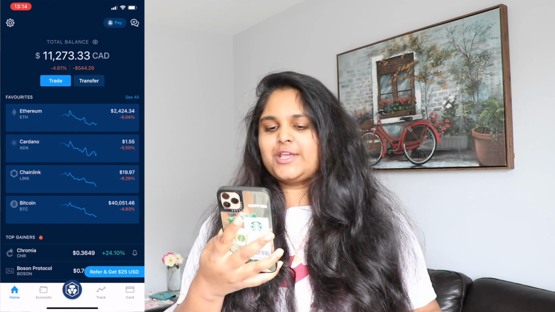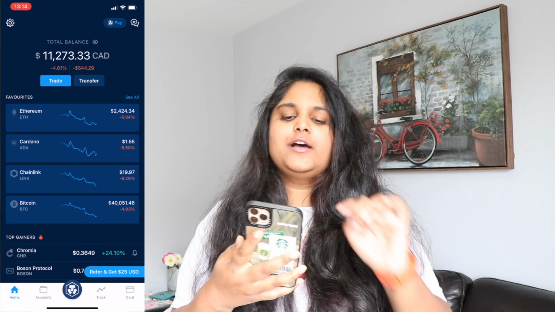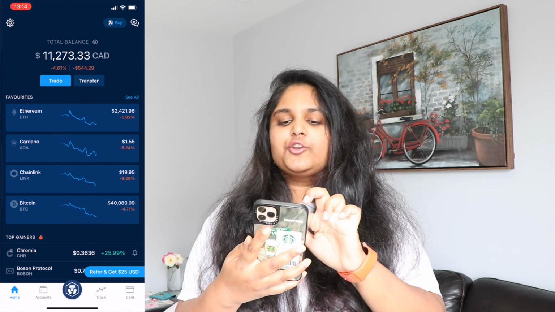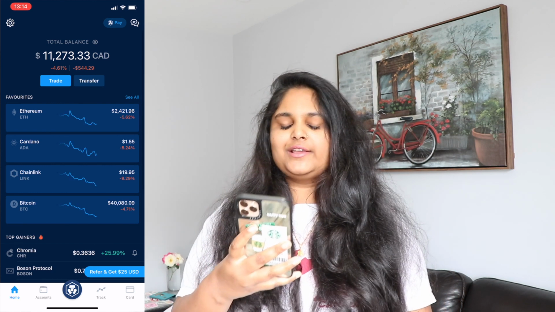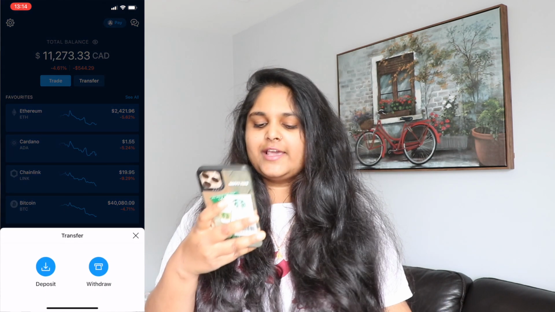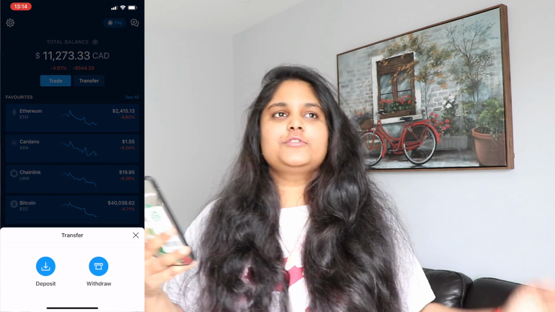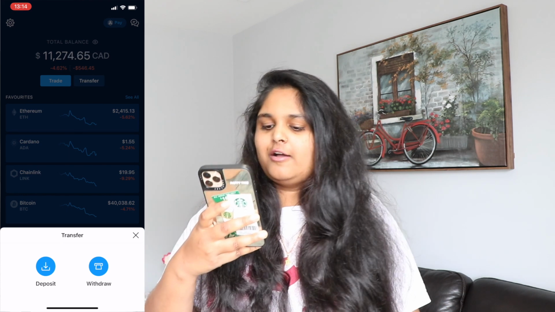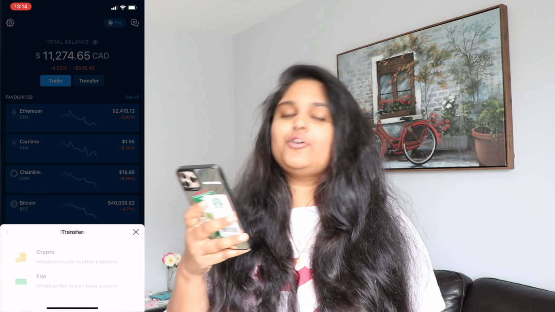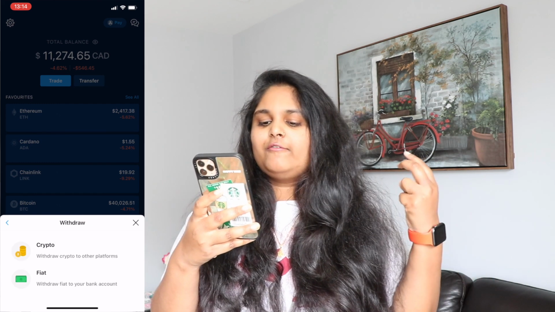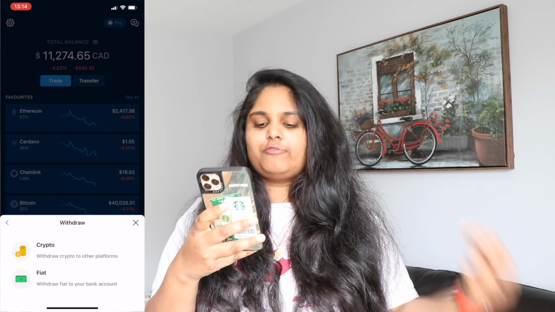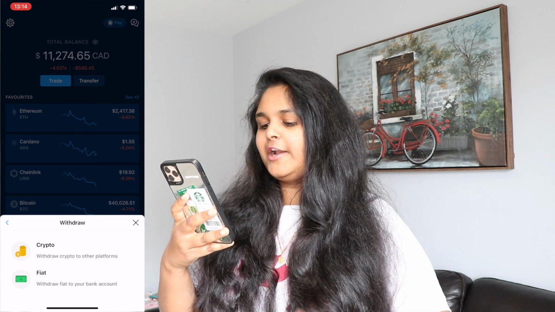So this is how the homepage of the app looks, and there are two options, trade and transfer. When you click on transfer, you can see there are two options again, deposit and withdraw. So let me show you how you can withdraw your funds from the crypto.com app. Click on withdraw, and you have two options over here. Withdraw crypto to other platforms, and withdraw fiat to your bank account.